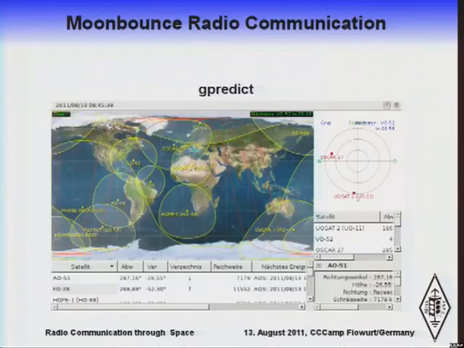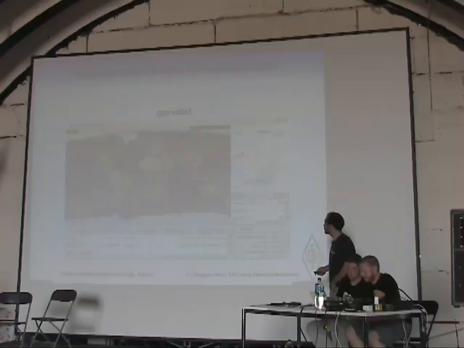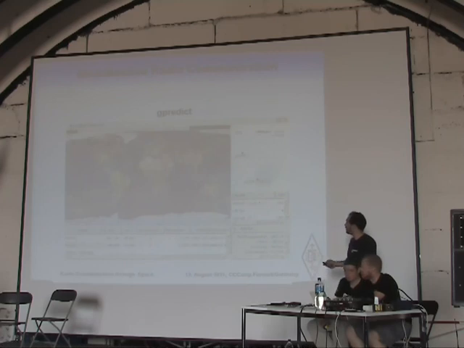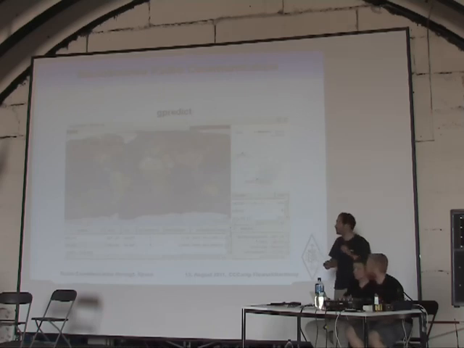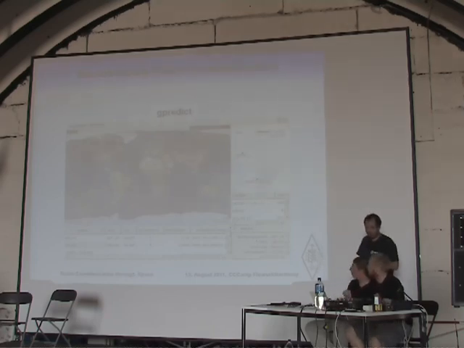Switch to gpredict. Maybe we can show you a demonstration. Never mind, we do it afterwards. So you get this diagram, and you can look at where in the sky the satellite is now, and I just point my antenna in this direction. That's quite forward. Okay, next one.